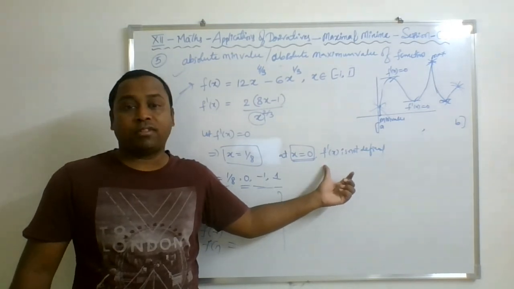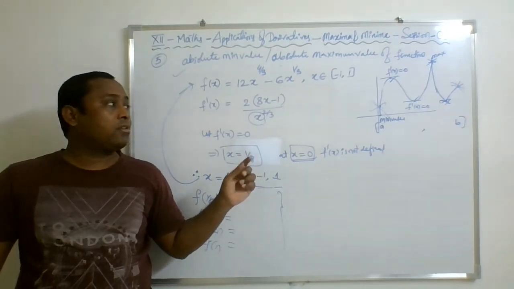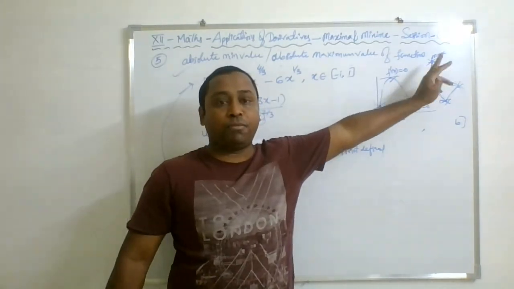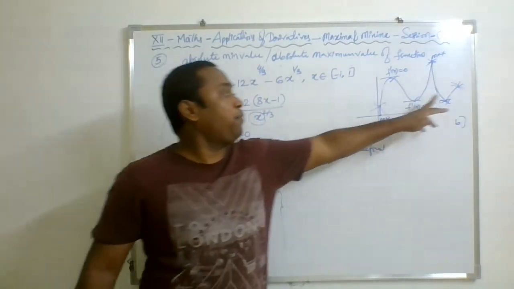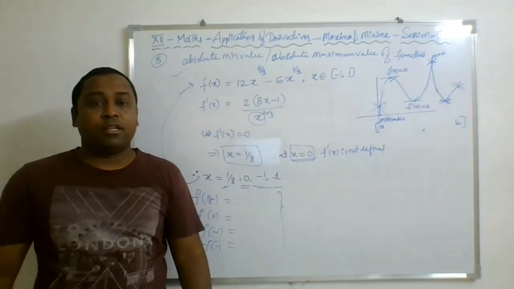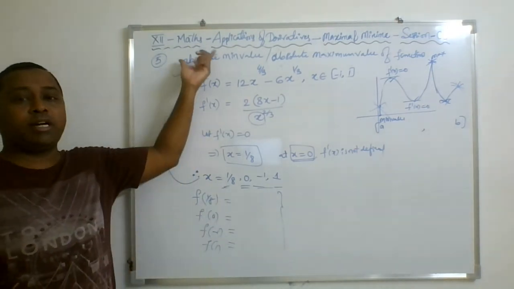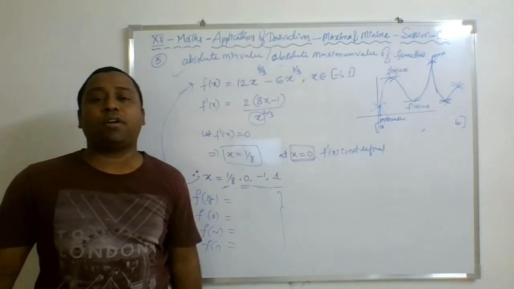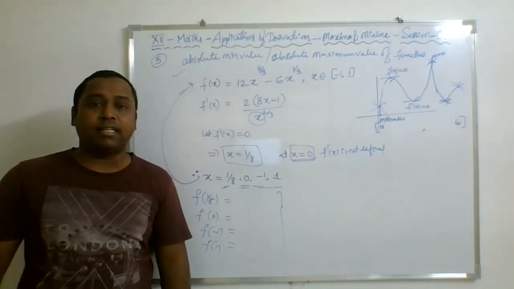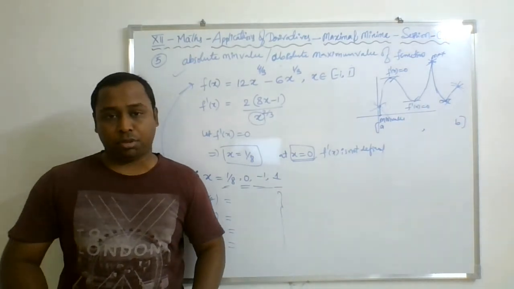And that is always possible where the graph has a sharp turn, or at the end points of the graph, that is, at the closed points of the domain. So once you find these 4 points, directly substitute these 4 points in the function and find the value of the function at which it attains the maximum value and minimum value, and then decide which is the absolute maximum and absolute minimum value of the function.